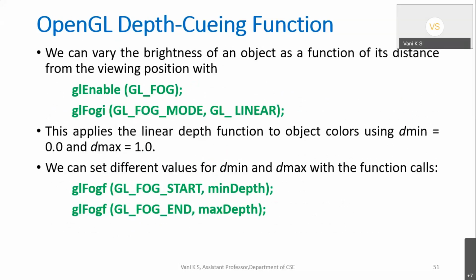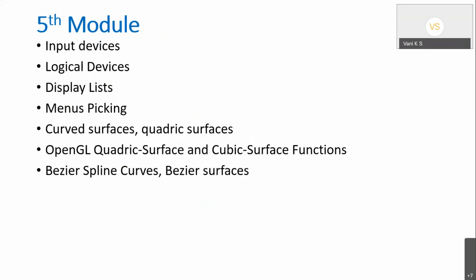In the fourth module, whatever we discussed was the main things about 3D viewing parameters. Those topics are very important, the most frequently asked questions in your VTU question papers. Then about types of projections, perspective and parallel, and their associated view volume and some OpenGL functions. And then I covered visible surface detection methods, some OpenGL functions, and two algorithms under that, the backface algorithm and the depth buffer algorithm. These are all the main topics in the fourth module. Before I start with the fifth module, I don't know whether it is possible to take up the questions now.